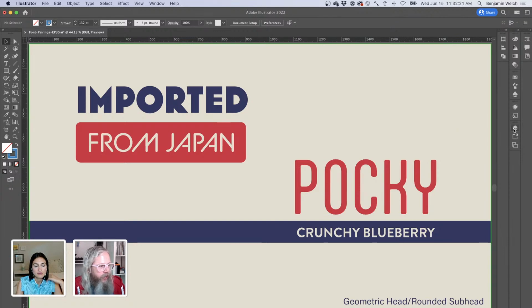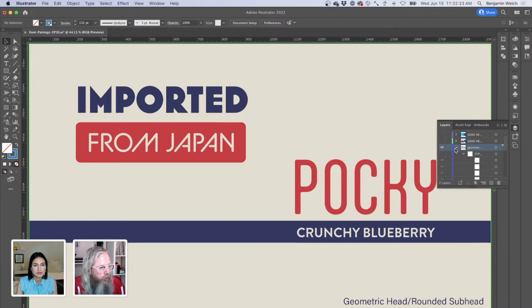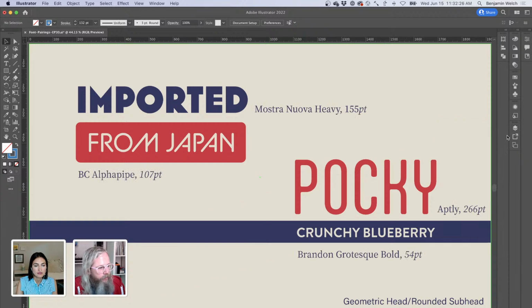And I thought these both turned out really nice, and I actually have a layer in here to show what the fonts were that we ended up choosing. And so there were a couple things to tweak here. You'll notice that Mostra Nuova, that was the font I found first. I went to the Art Deco tag on our website and I clicked sans, because I know a lot of the Art Deco sans serifs are geometric and they usually have quirky little things like that M. So I thought that might be cool. And then I clicked our rounded tag, and that's when I saw